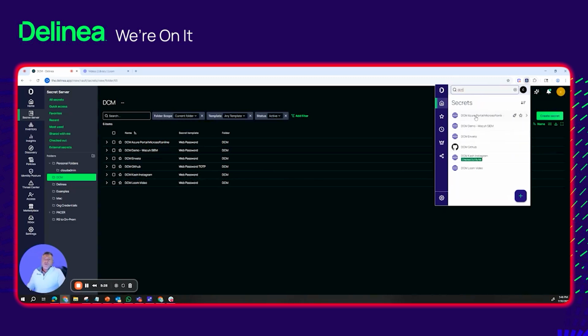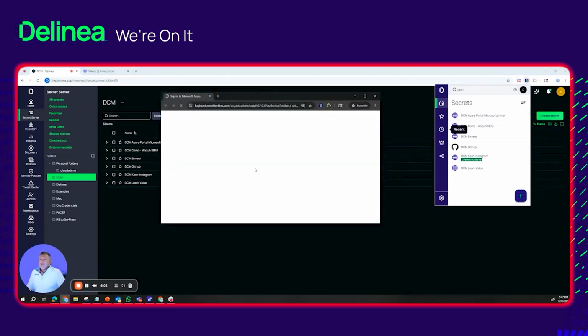So the use case here is basically, let's say that you're SSO'd into your browser, but you need to access the admin credential. But if you use the default behavior, it's basically going to pass your regular credential into, in this case, Azure portal, and then that doesn't do any good. Because we want to use our admin. So what we need to do is we need to do an incognito browser on the fly. So what we're going to do is we're going to hit our rocket ship,